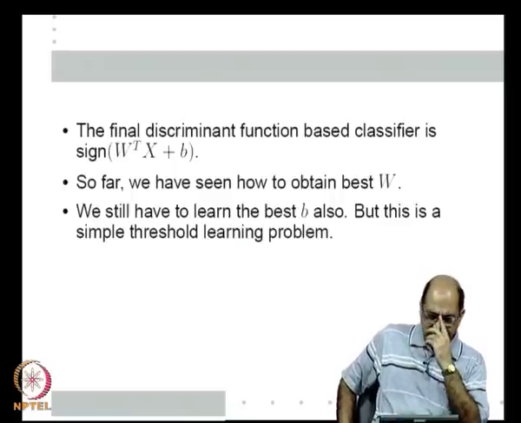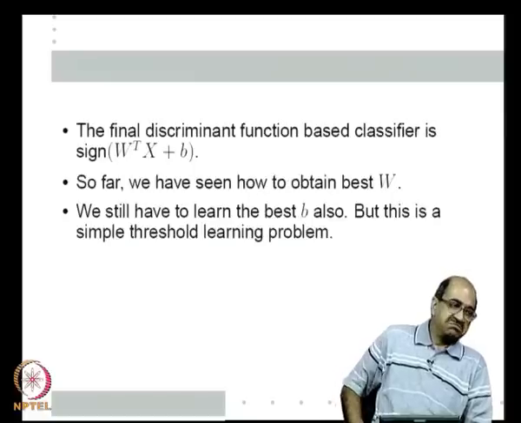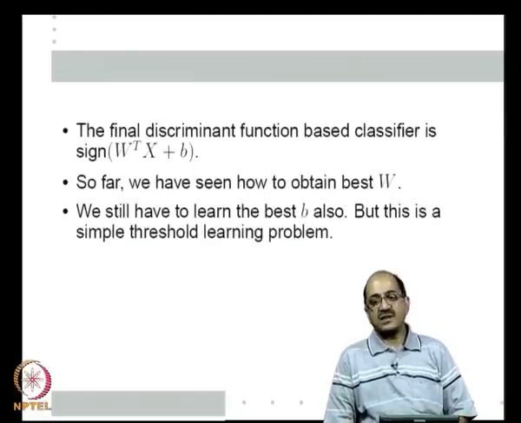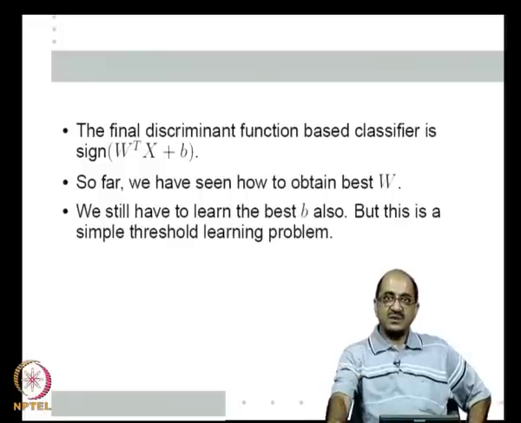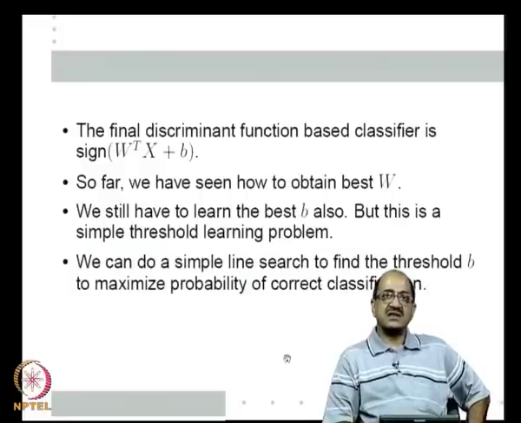We are saying this is the best direction. So, now we have one dimensional data, and I want the best threshold. Given one dimensional data with class labels, I just want a threshold based classifier, and I am asking which threshold is good. There are many methods. For example, we considered ROC, how we can experimentally calculate ROC and come to a threshold. That is one thing we can do. We can do any kind of search for a threshold.